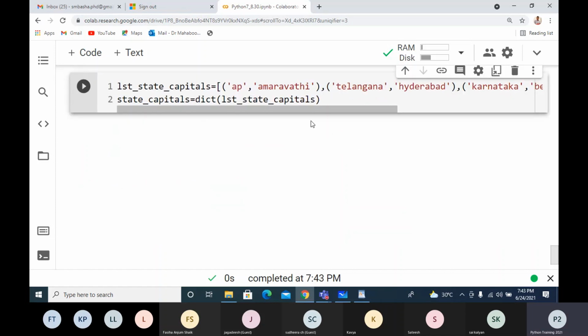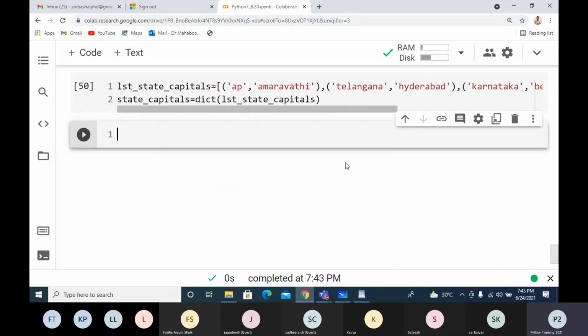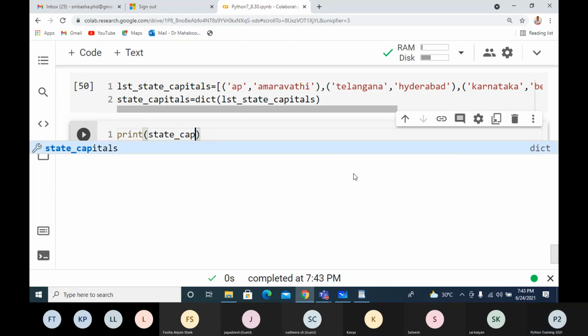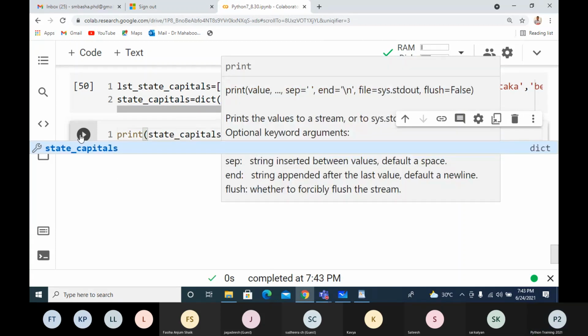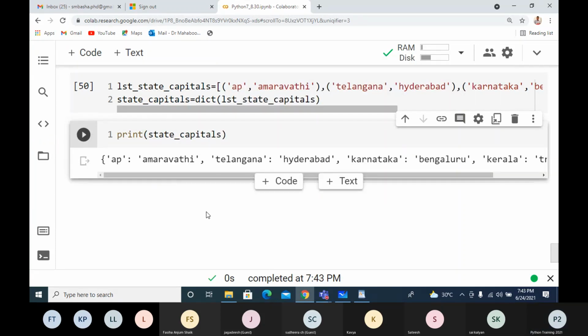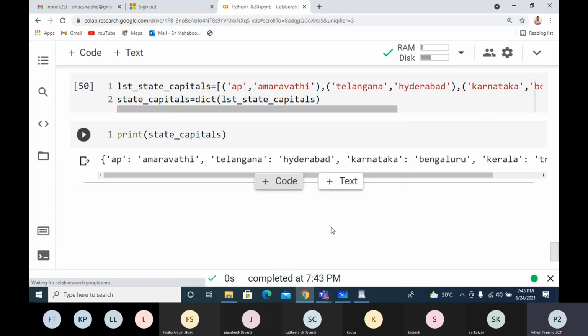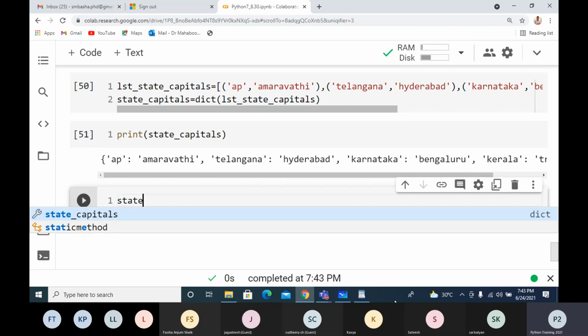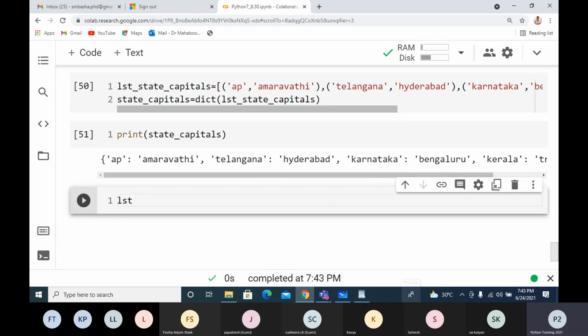This I'll print. So print state capitals. So I'm getting it. Now I'll take states as one list, LST states.